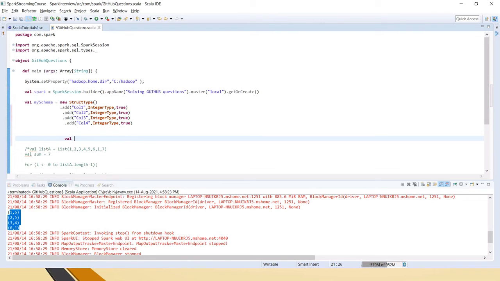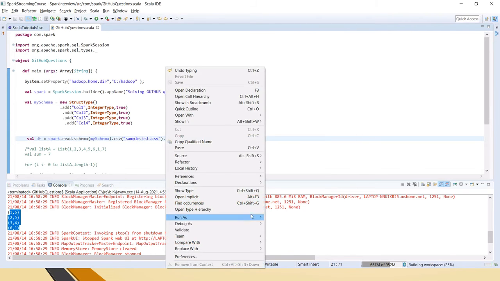So now let's create a data frame. Val df equal to spark dot read dot schema. Here we will pass the schema that we created, and then csv. I have copied the same content somewhere. Hope this is the file.